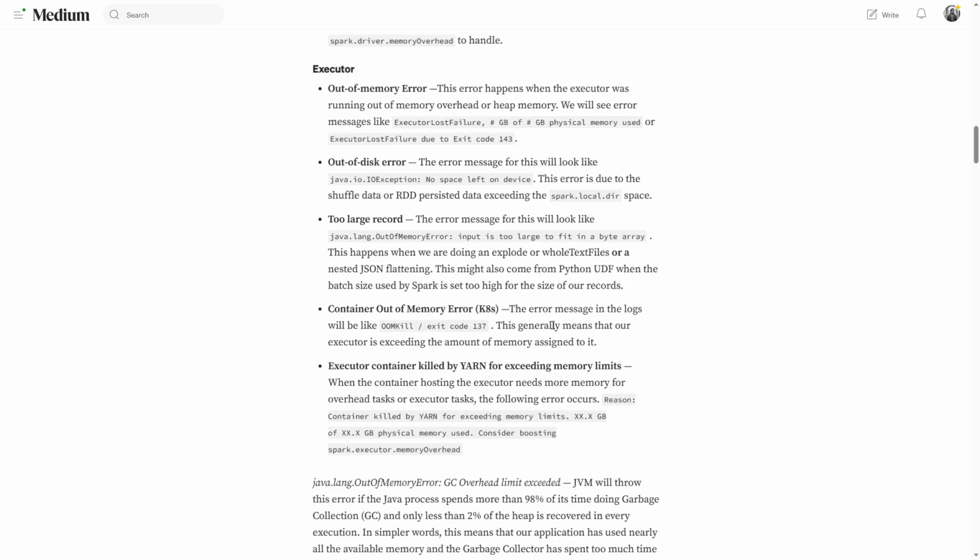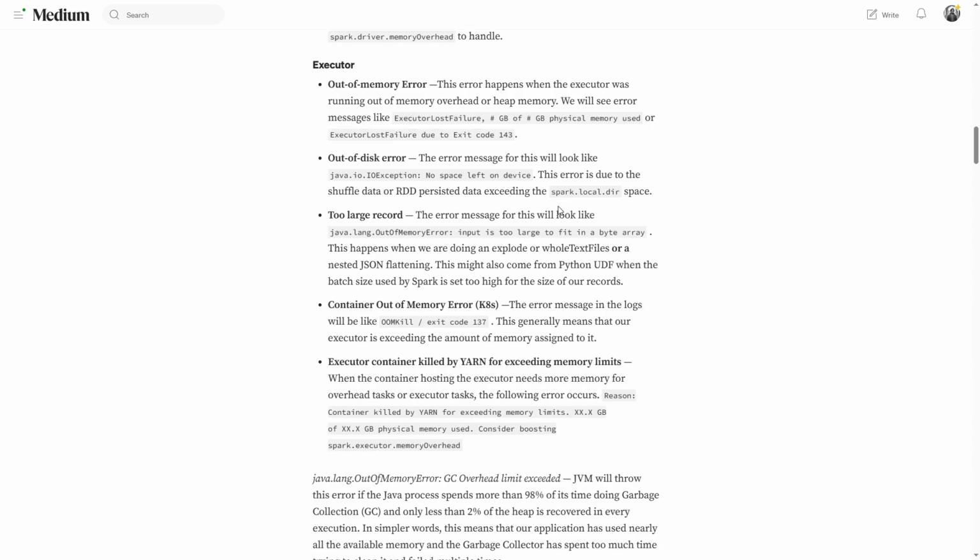This is something similar to what we see in case this happens. This is specific for YARN, but this is where we will see an error log message which says container killed by YARN for exceeding memory limits, and it says that this much physical memory was allocated and you have used more than that. So this is again something similar to what driver memory overhead was doing. Something similar can happen at executor level as well, and then we will see an executor memory overhead